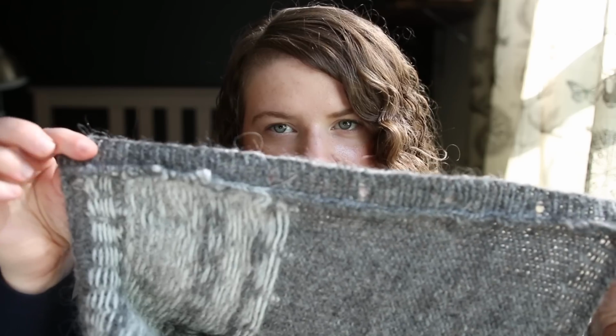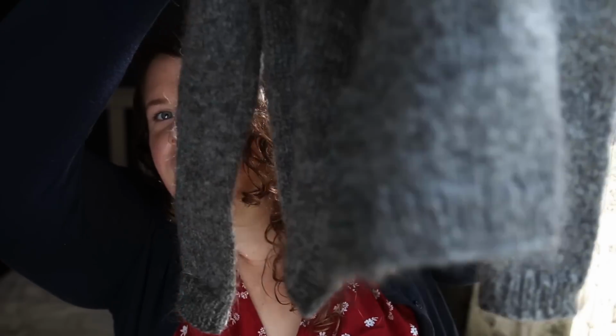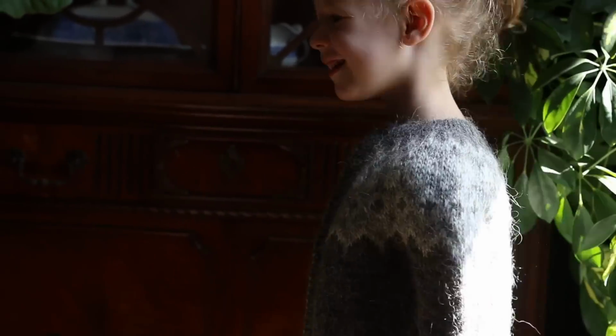The pattern suggests that after you make your crocheted reinforcement, you continue crocheting to make the button bands, but I just decided to pick up stitches on each side and do a ribbed button band instead with my knitting needles, because I thought it would look cleaner and go with the cuffs and the neckline and the hem. And I've tried this on my daughter and it looks amazing,